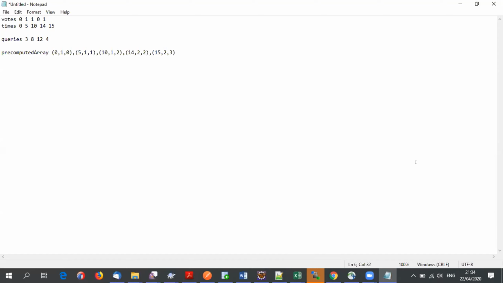But I think all the votes and times are given. I agree. So I think the situation will only change with these times only, right? For example, the situation will change at time 0, at time 5, at time 10, at time 40. One thing, for saving space, we can go to the previous element and figure out what is the change, and then decide which guy got the last vote. No, you don't have to. That's what I'm saying, you don't have to.